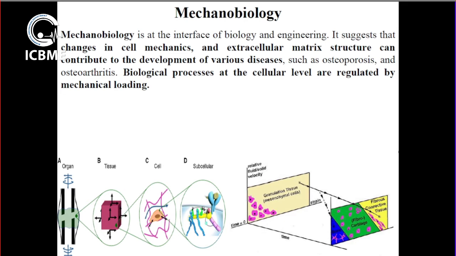And these cells can be differentiated into appropriate kind of cells. If the mechanical stimuli are suitable to make cartilage instead of bone, these cells will be differentiated into chondrocytes. If you need bony material and the stimuli are suitable to make bony materials, these mesenchymal stem cells will be